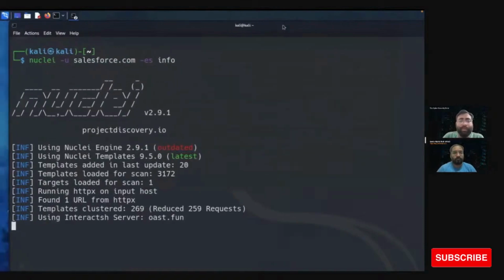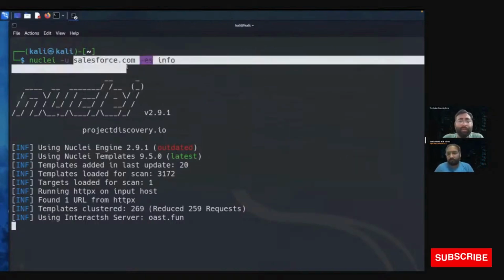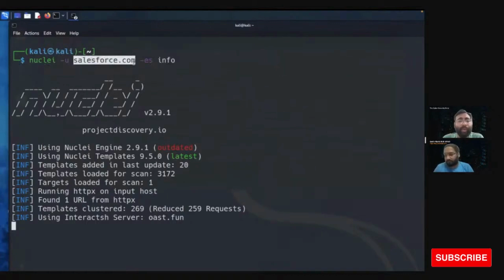So using Nuclei, you can automate your security testing on your target. And if you are testing a product that is using Salesforce CRM, you can give the website name here and run Nuclei.